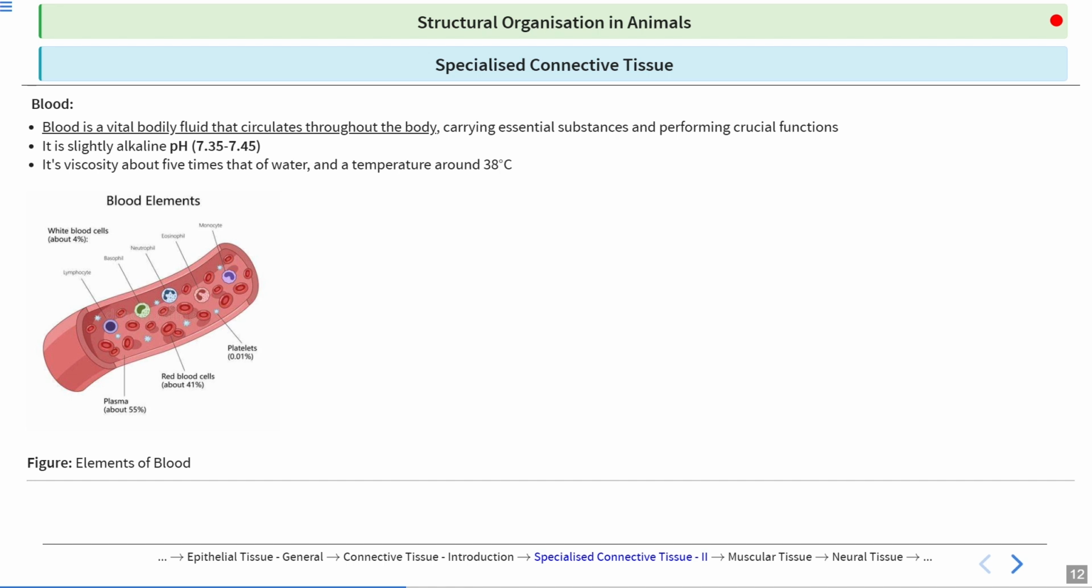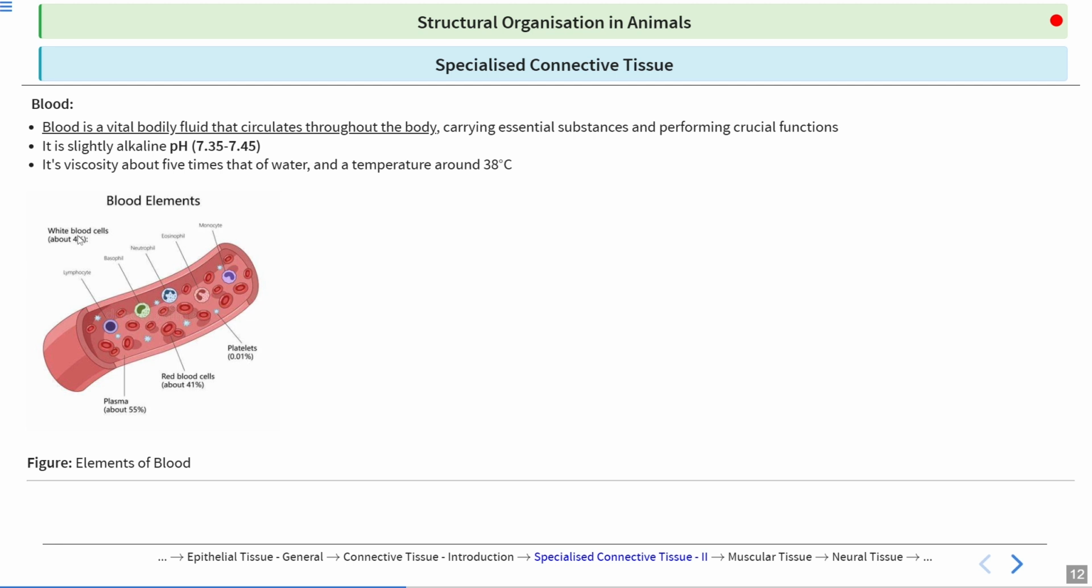So here you can see the elements of the blood, right? You can see the white blood cells about 4%. Plasma. Our blood is made up of the plasma part and it is having the cellular component. So plasma part is 55%. Red blood cells, 41%. Platelets,